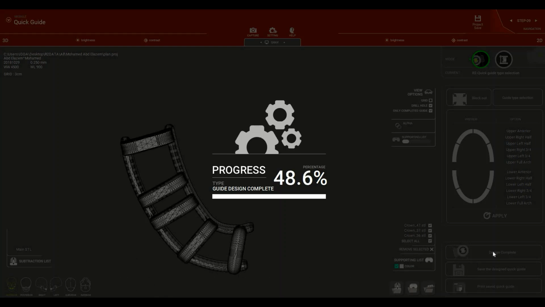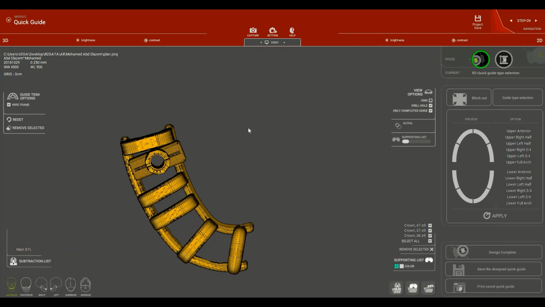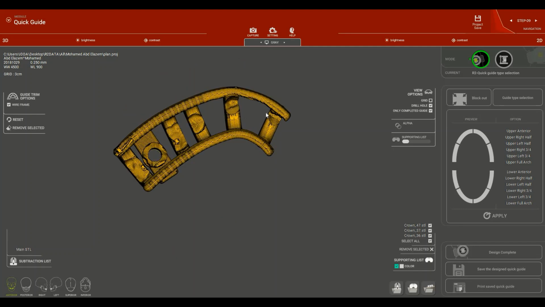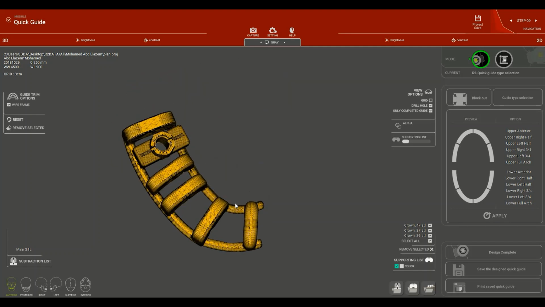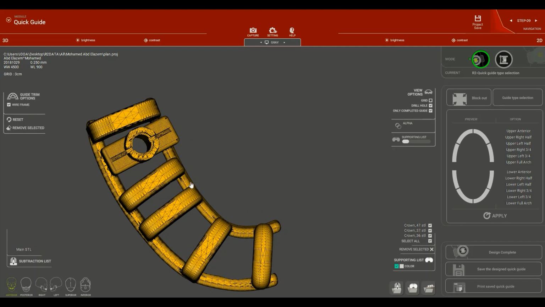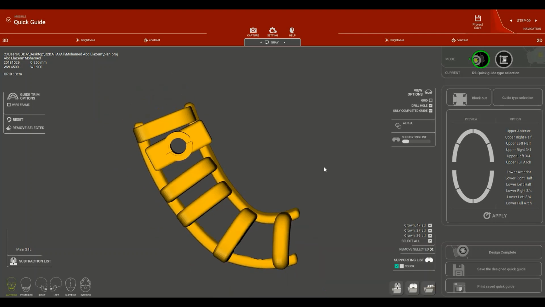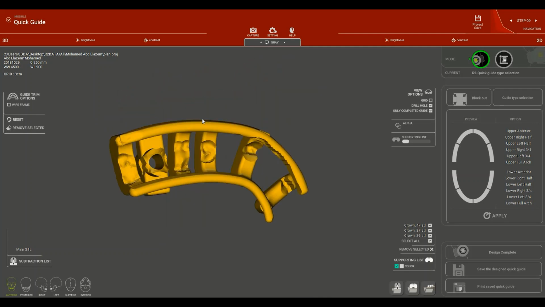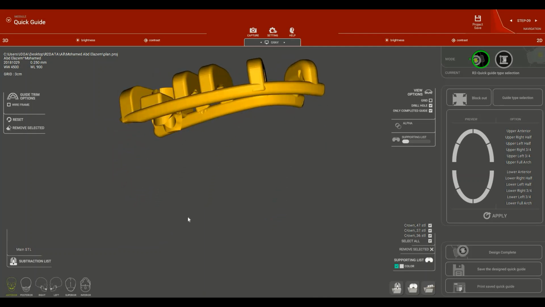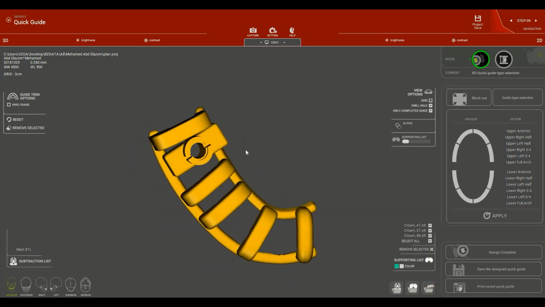And now you'll see that the software will start to finish the design of the surgical guide, as you can see here. And now this is the complete design of the surgical guide. In order for you to see the actual guide rather than the frame of the guide or these triangles, you can always click on wireframe, this option on the left side, deactivate it, and now this is how your QuickGuide